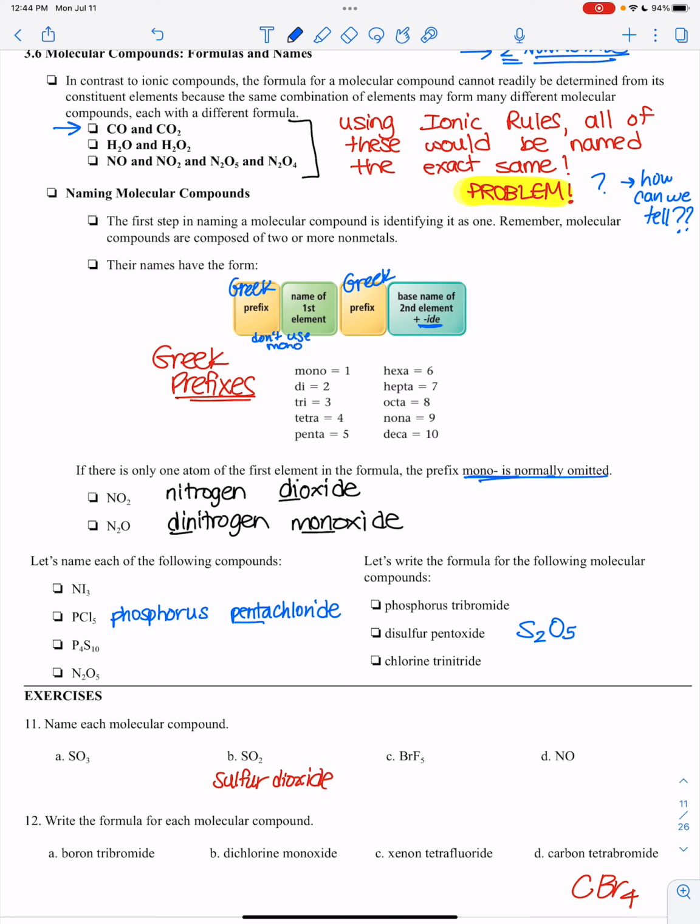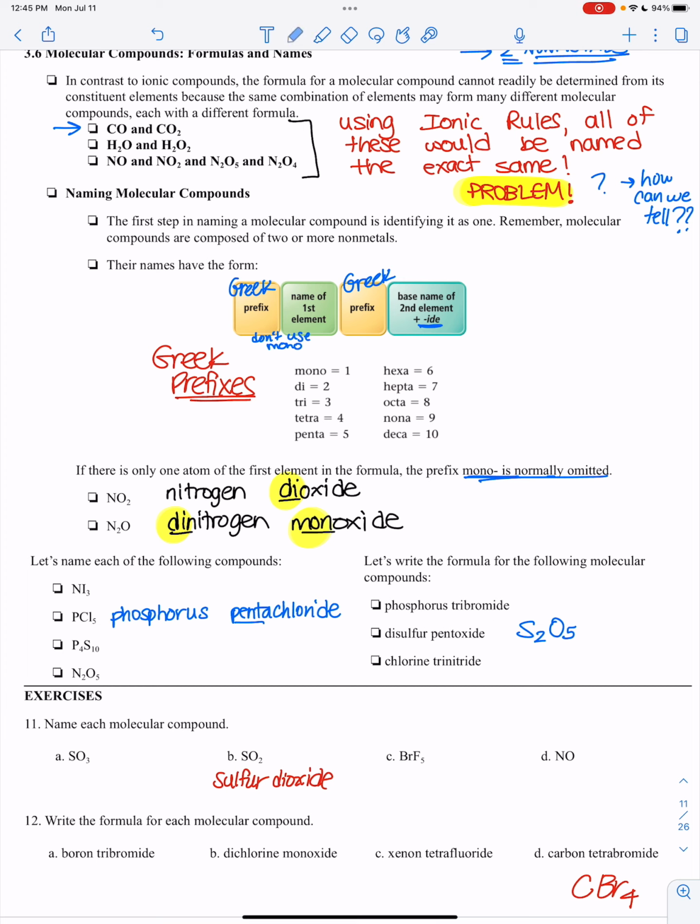So let's look at how I named NO2 and N2O. NO2, there's one nitrogen. I could say mononitrogen, but it's not typical, so I would just say nitrogen. That means I only have one. And then dioxide. Di means I have 2 oxygens, NO2. And then look at the next one. Now I have 2 nitrogens. So now I have dinitrogen, and then I do have to add the mono for that second element, monoxide or